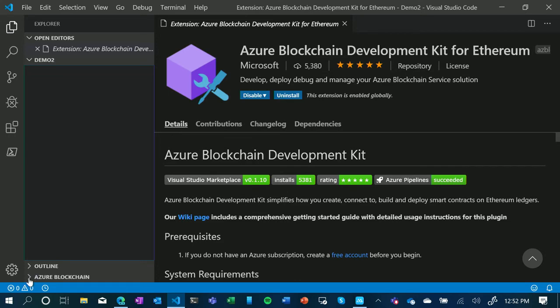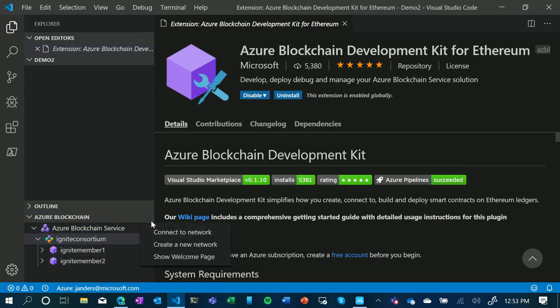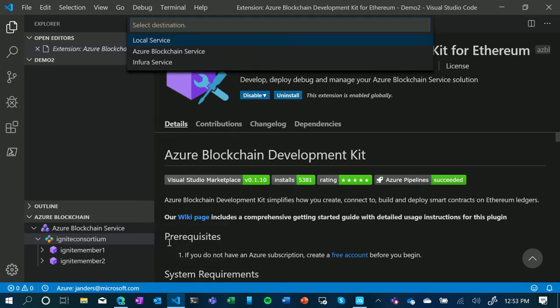So you also notice that I have it installed. So if I go to the Azure Blockchain piece here, and this is refreshing right now, I can connect to multiple networks here. So I can connect to Azure Blockchain Service. So I'm already connected to my service. If I wanted to, I can actually create a network here. I can create Azure Blockchain Service from here. I don't have to go to the portal to do it. I can just follow through the prompts here and create the service from VS Code if I want to stay in the IDE. But I also have the ability to deploy this locally.